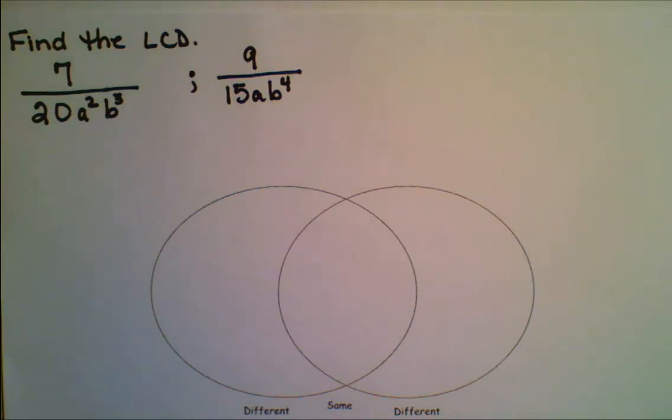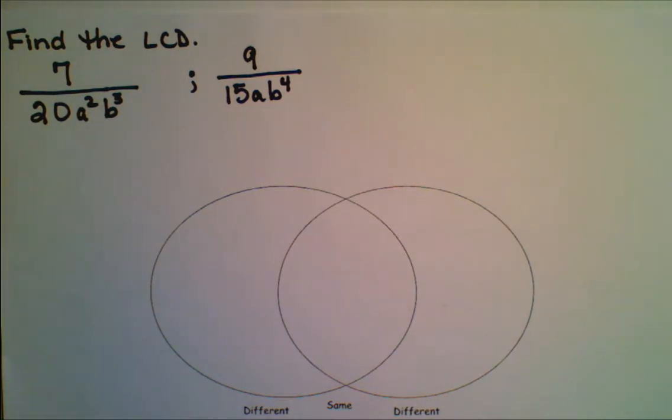All right, so before we get into adding and subtracting rational expressions when the denominators are not the same, meaning they're unlike, let's first look at how to find the LCD. And just in teaching, I have noticed that finding the LCD has been very difficult for students. So I'm going to show you a different manner of how to find the LCD, and we're going to